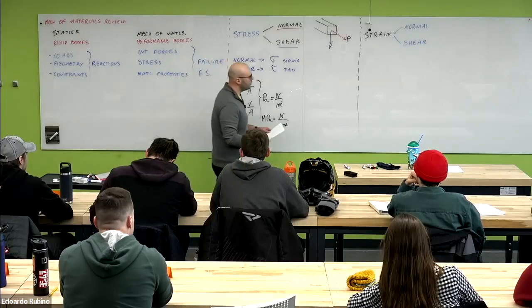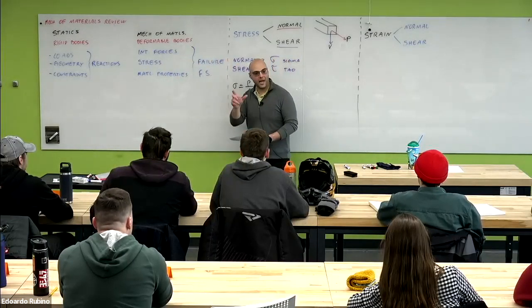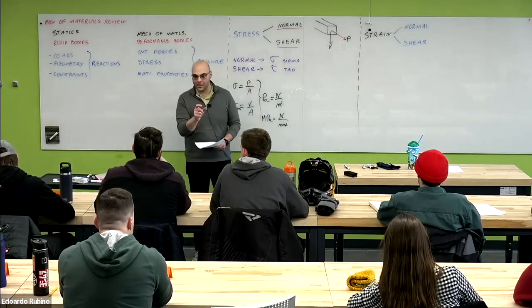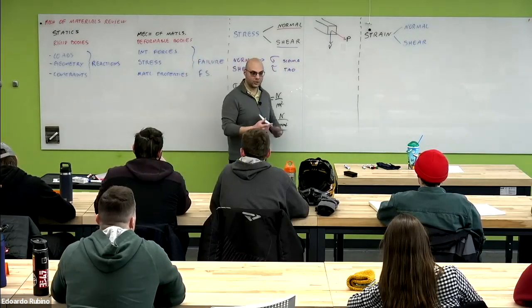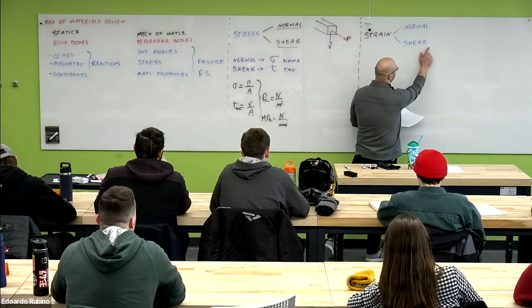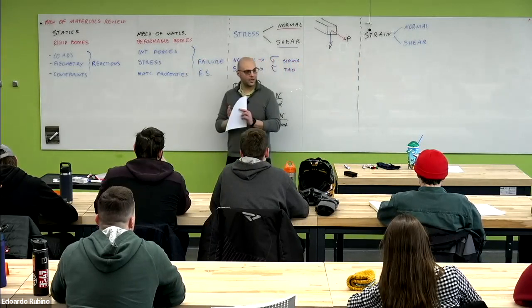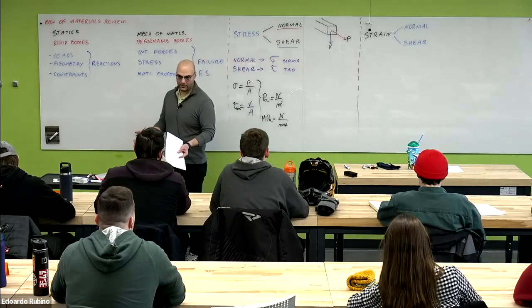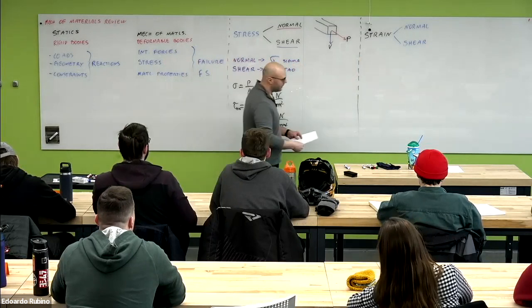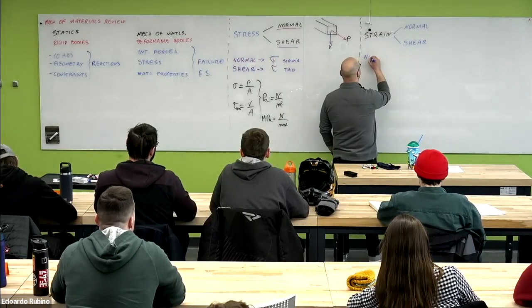So when we talk about normal strain, it is basically an elongation or reduction of a certain element of volume. When we look at shear strain, it's basically the change that occurs in an angle within a certain element. So if we want to do a schematic of this, so for the normal strain,